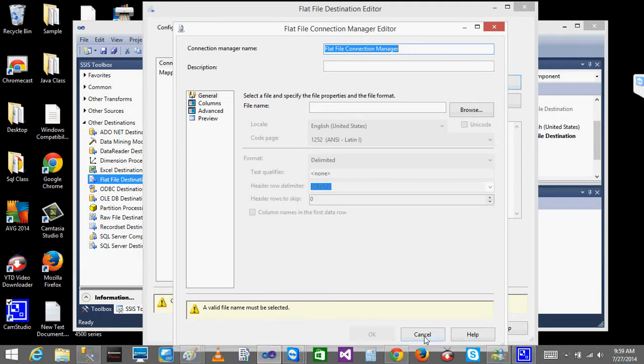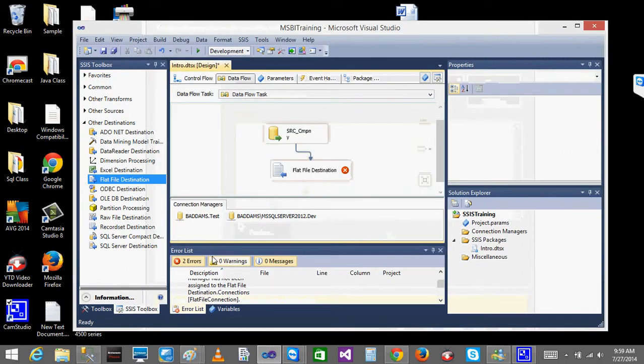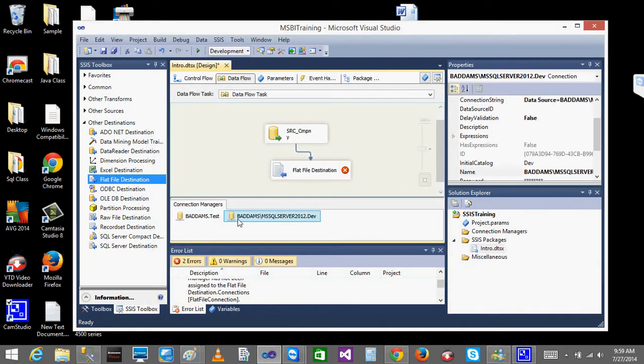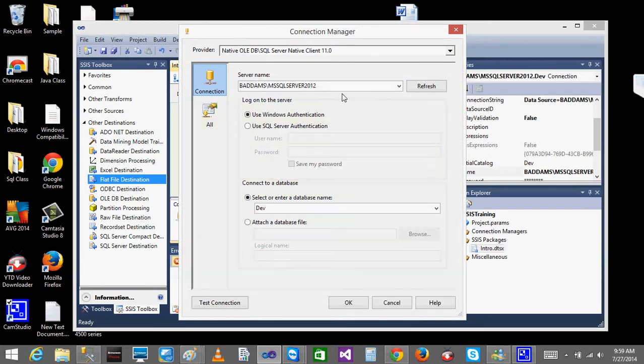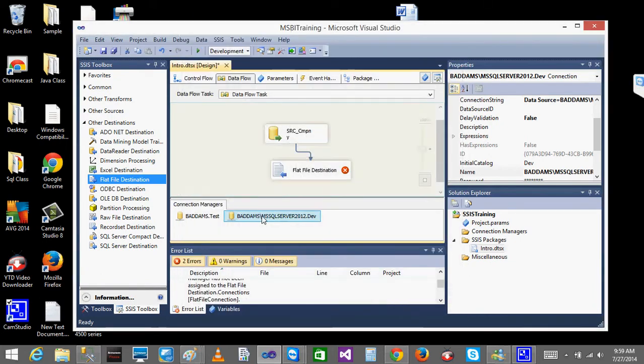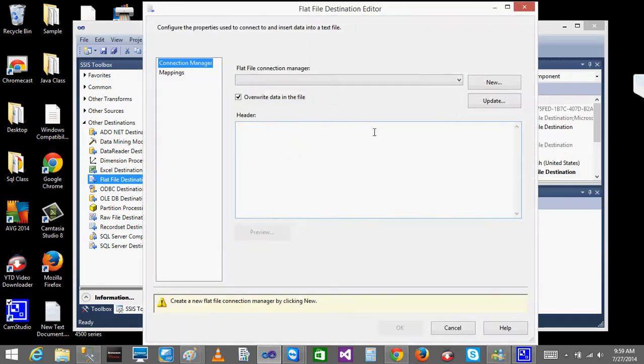So I'll just click cancel. Now you can see it is stored under the server name, and under this, when I see the properties here, you can see the server name and all the properties, database name, right? So similarly for the flat file also, click on the flat file. When I click new,